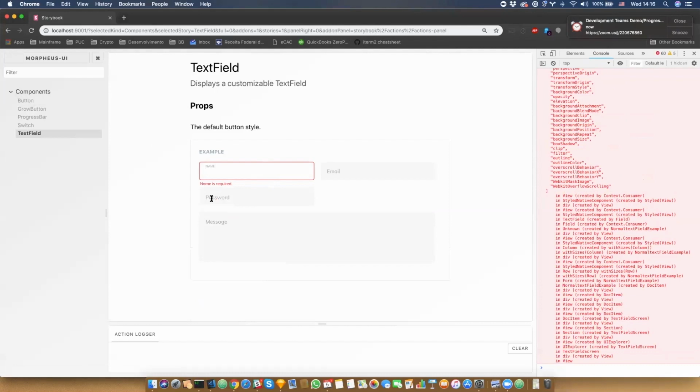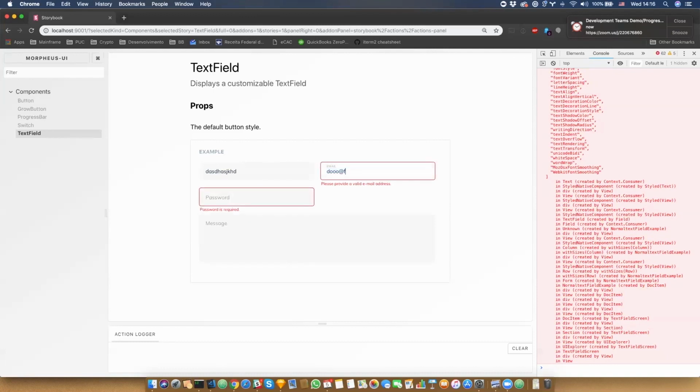So we have the text field. If it's a required field, it shows an error. Let's say this is an email: you need to put a valid email, otherwise it's going to tell you that it's not valid. Password,